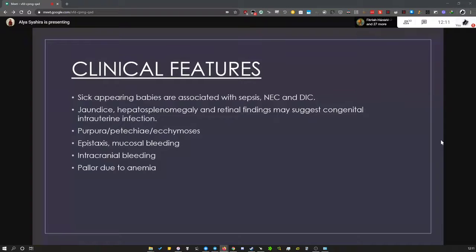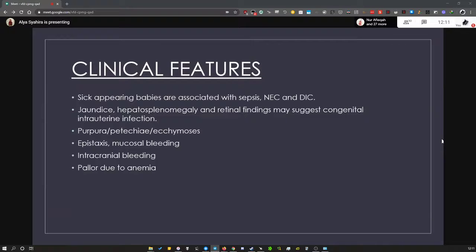So for the clinical features, firstly, we look at the general condition of the baby. The baby might appear sick. If the baby appears ill-looking or irritable, it can usually be caused by inflammatory causes like sepsis or NEC. And if the baby has jaundice, hepatosplenomegaly, or any retinal findings, it can suggest a congenital